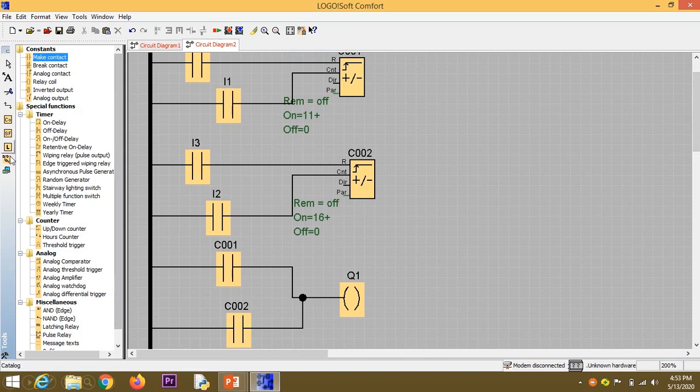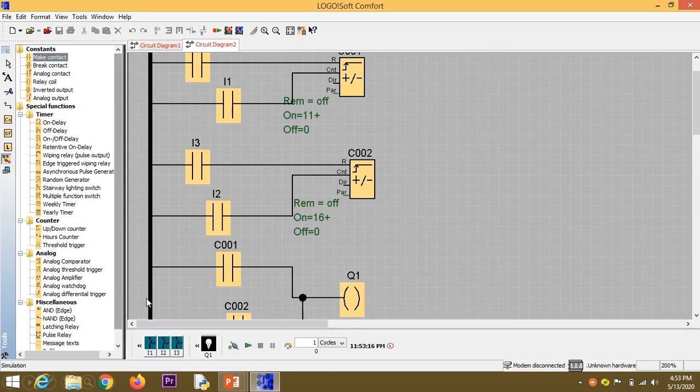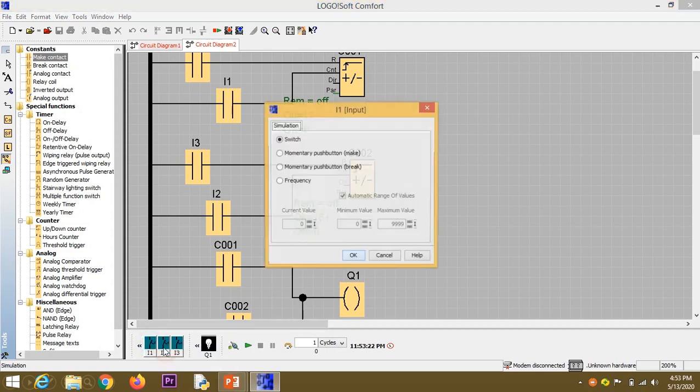We will simulate and see. I1 and I2 I'll change to push buttons.